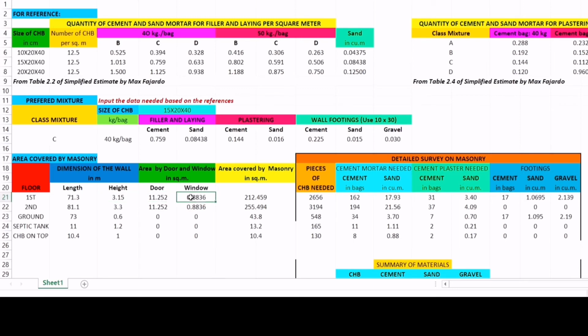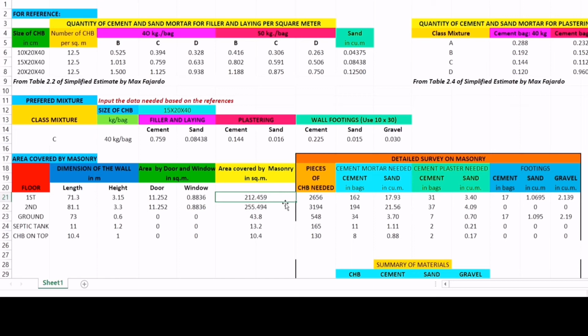Here it is in square meters. Then we calculate the total area, which is length times height minus the door and minus the window. So we have here the total area for the first floor, which will be covered by masonry works, of